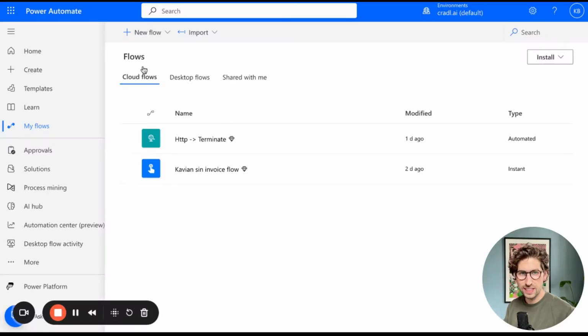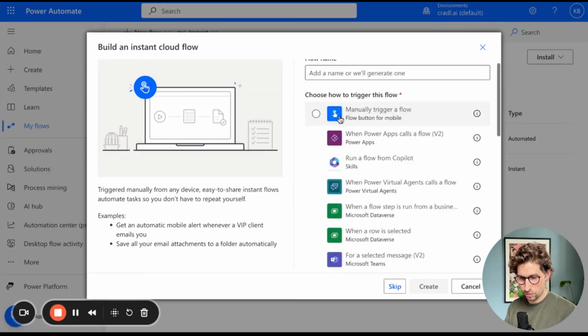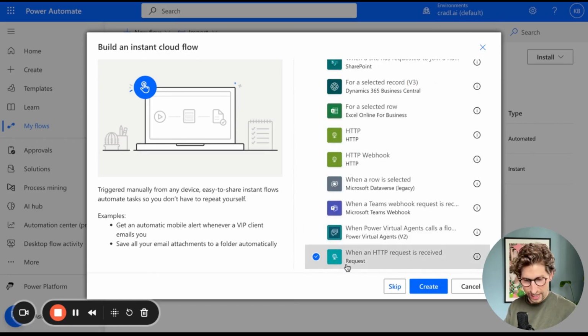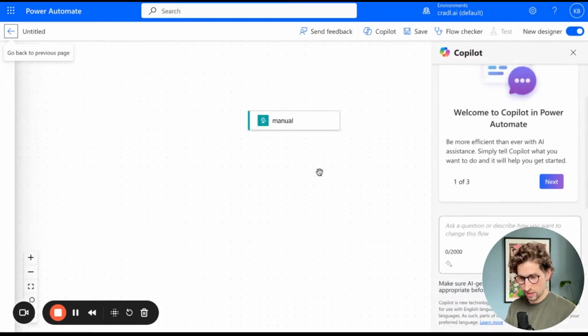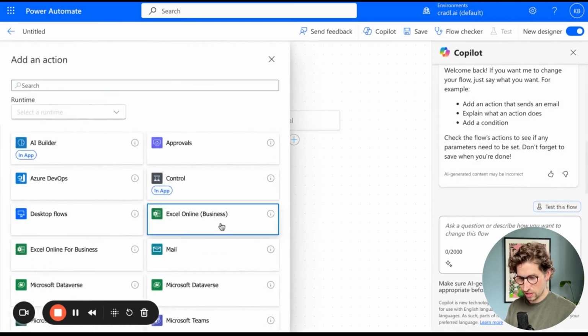All right, we're finally in Power Automate and ready to set up our flow. We're going to start by creating a new flow, and we're going to do an instant cloud flow that triggers when an HTTP request is received. And then we're going to go ahead and add our action, and I'm using the Excel